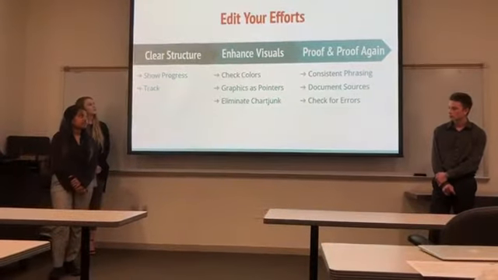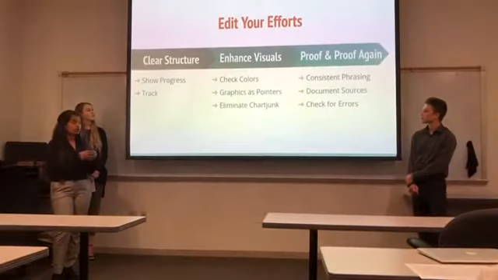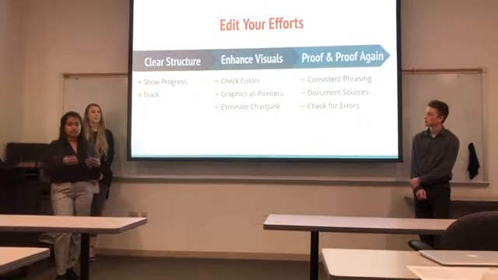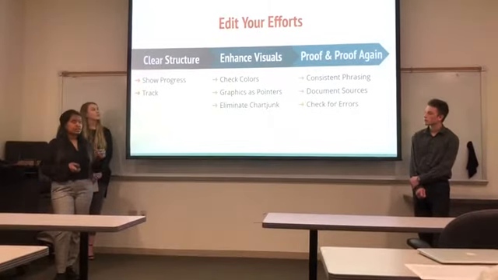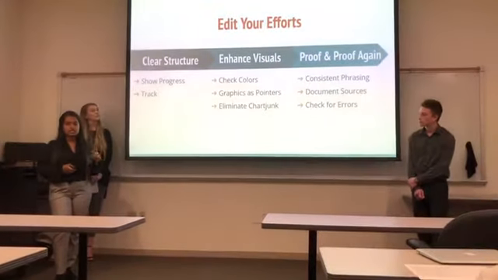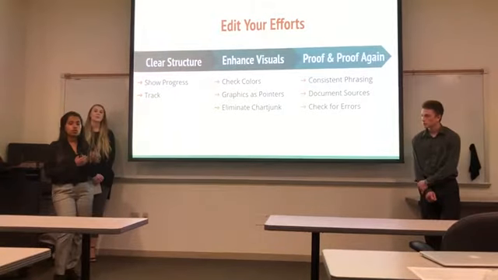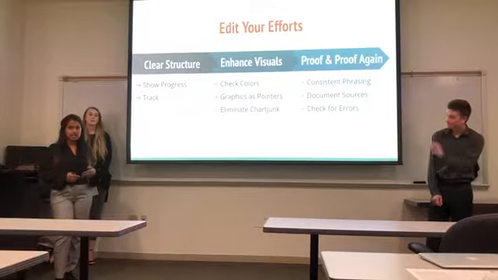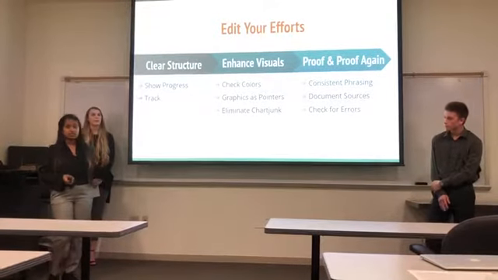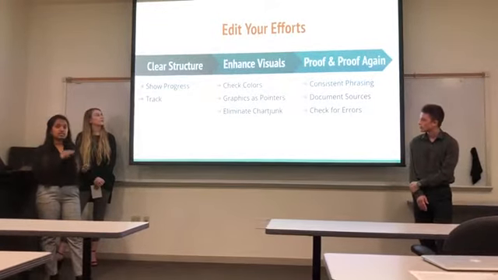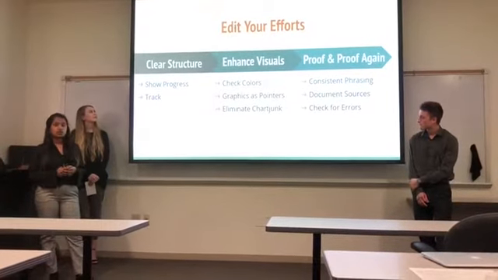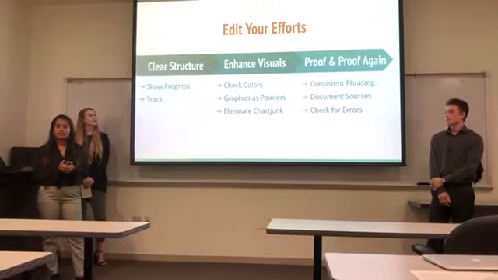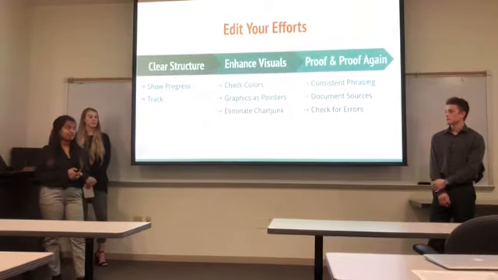And finally, we're going to talk about proof. The main error that a lot of people make is proofing just your typing and your spelling, and making sure that your phrasing is consistent. So if you have a bulleted list, you don't want one bullet to be a full sentence and the next one to be a fragment of a sentence, and then continuously have a disarray of different types of bullets. You want it to be similar throughout. And also always make sure to cite all your sources